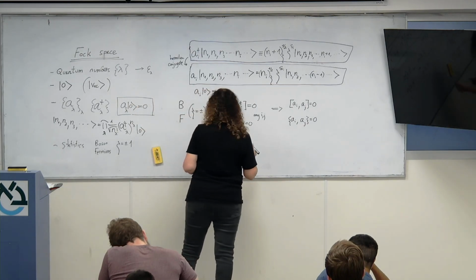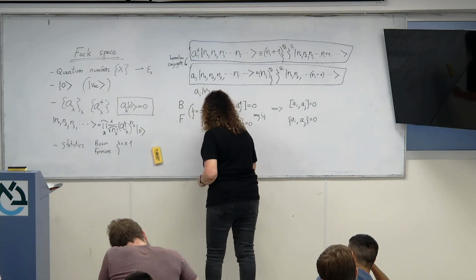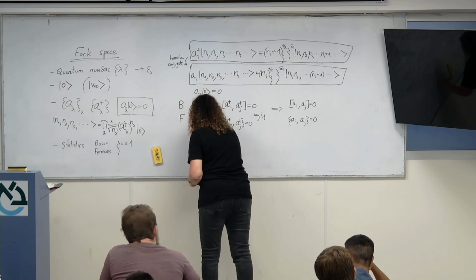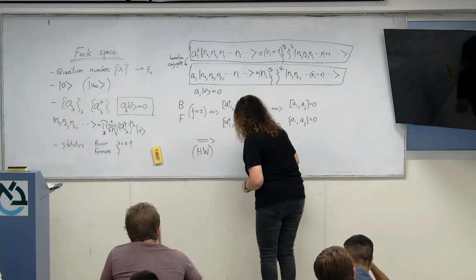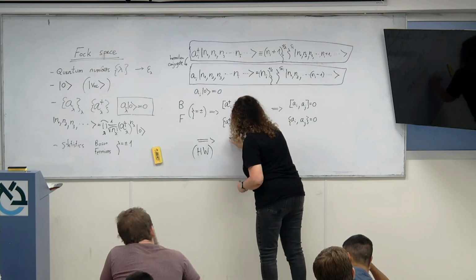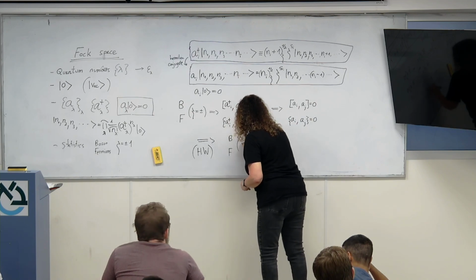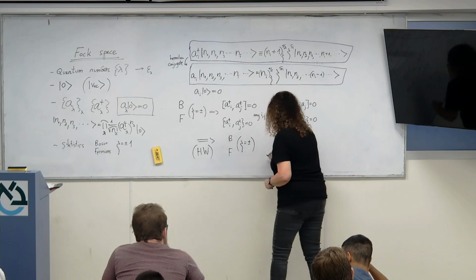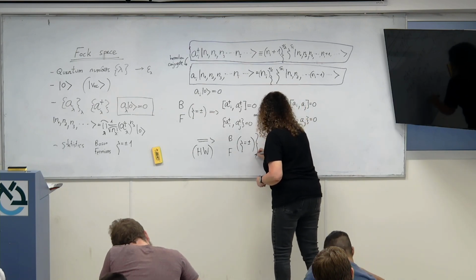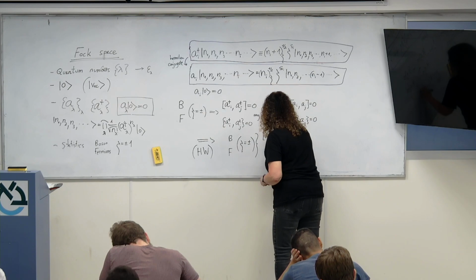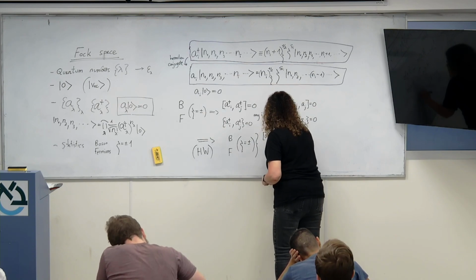And you're going to find, if you do it correctly, that for bosons and fermions, according to this zeta, the commutator of A_i and A_j dagger